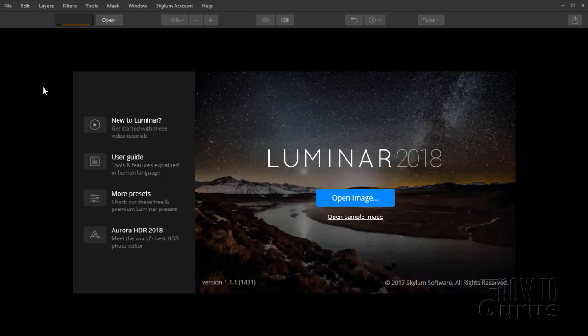Hi, I'm George Pearson, and this is my review of Luminar 2018, which is an image processing program kind of